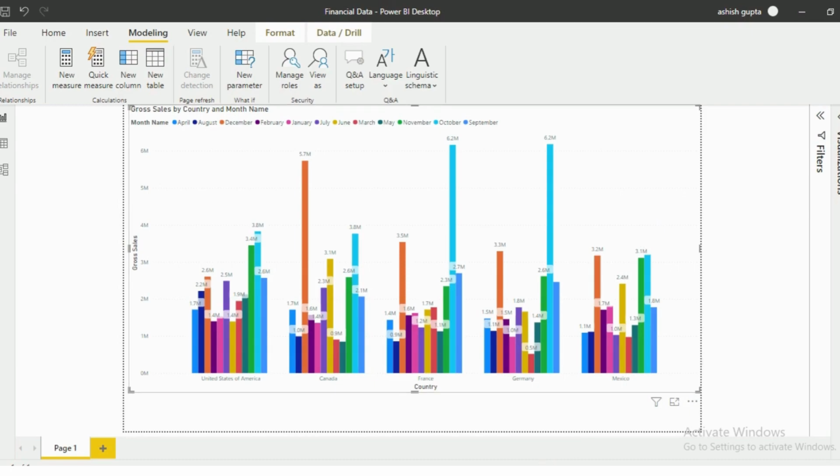Actually, row level security is of two types. One is static row level security, second is dynamic row level security. So here we are discussing static row level security. Let's see how to manage the roles and how to apply row level security. So first we go to the Modeling tab. Here we will select Manage roles,